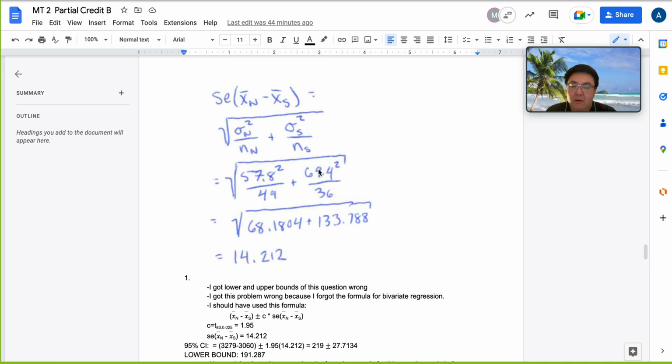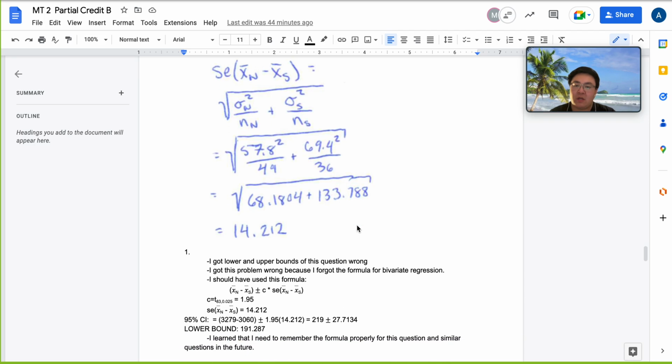The standard error of that is using the formula of the square root of sigma squared over n of non-smokers plus sigma squared over n of smokers. We plug in the values 57.8 squared divided by 49 plus 69.4 squared divided by 36, which would equal these numbers. You take the whole thing, you square root it, it should equal